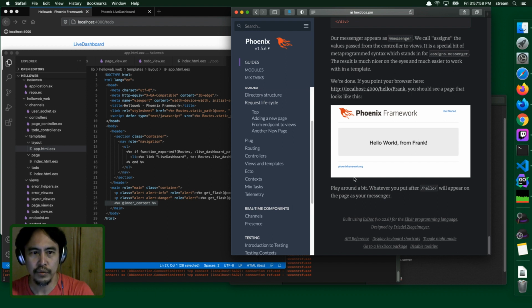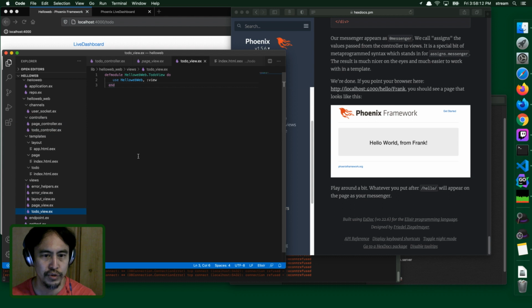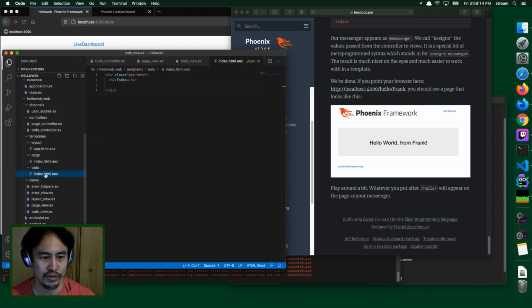Okay, so we have a new to-do view controller. Right, there's a lot of magic naming going on here. You have to be very specific with your names, right? We have a new view module as well. It doesn't do much, and then of course the to-dos we implemented. I think